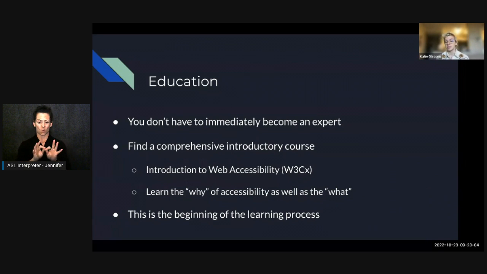For this initial accessibility push, you do not have to become an expert in accessibility. That's not going to happen overnight. It's certainly not going to happen in 2, 4, 6 weeks. This initial education is the very beginning of what I consider to be a lifelong learning process. I'm about a year in and I'm still learning new things every day. And I plan on learning new things every day for the rest of the time that I do accessible design, which hopefully is a long time.